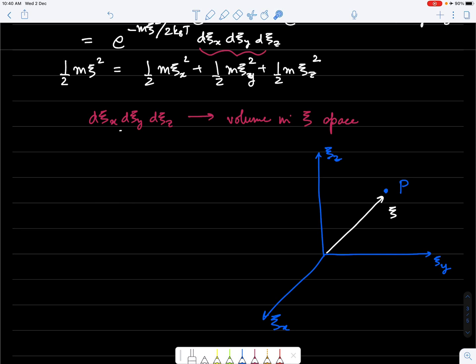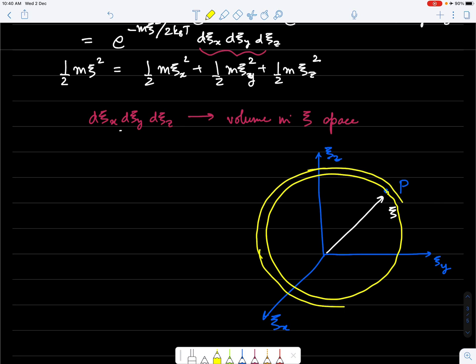Now the speed space would essentially be centered around 0, right? But it would actually have a spherical, or rather the integration in the infinitesimal volume will actually be done in a spherical infinitesimal element. So what it means is that at this point I can actually consider a sphere, and the element will actually be a spherical element or a spherical shell in this space, in the speed space.